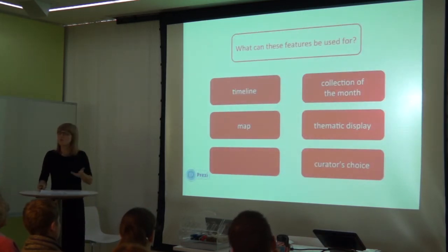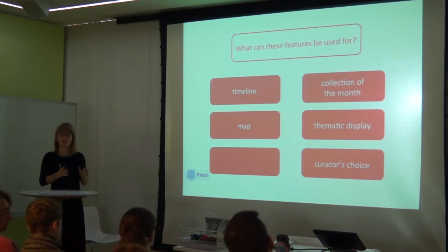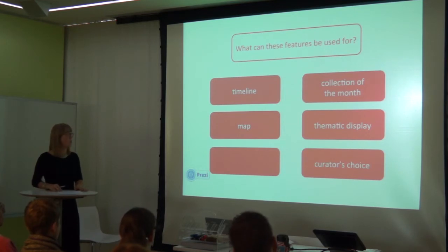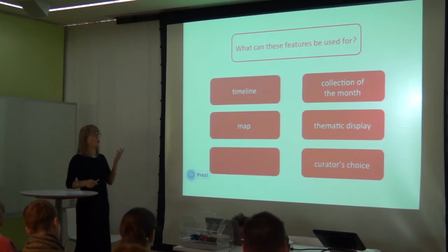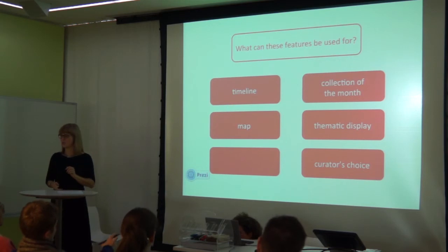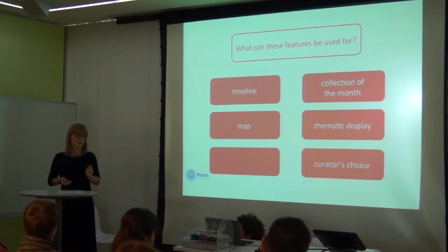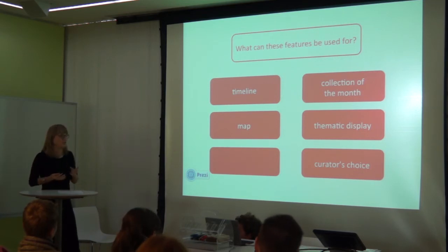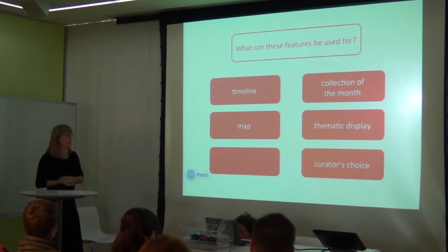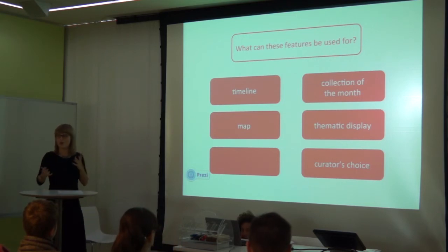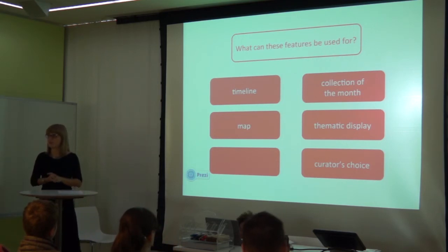So once you have all these features and you worked on structuring your collection, categorizing, adding all that content to it, what can you do with it? What can this be used for? Well, for example, you can have a timeline of the collection, which doesn't necessarily have to be when the objects were made, but like Maria was saying, you can have a timeline of the life history of the object as well, visualized. You can visualize your collection on a map, which is especially relevant to an ethnographic collection